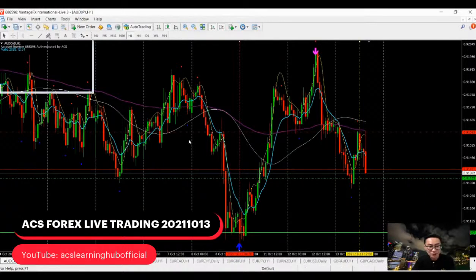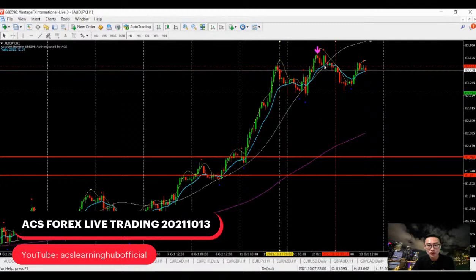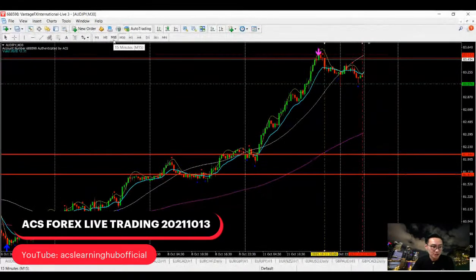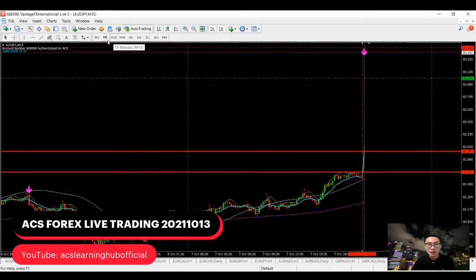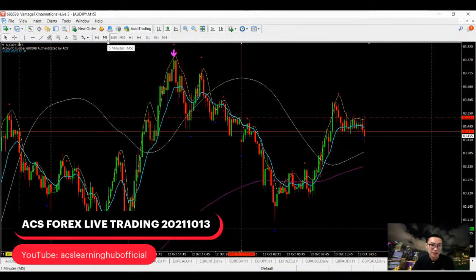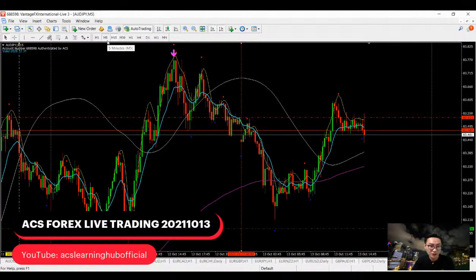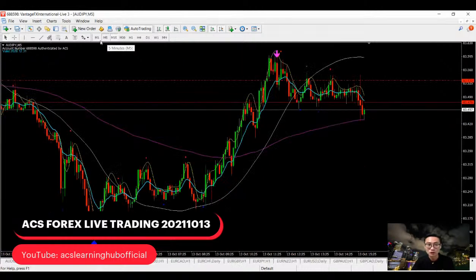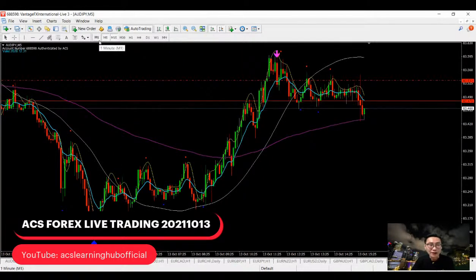So Aussie yen, let's take a look at Aussie yen. We are also on the resistance, the new resistance over here. It is testing and trying to break, and it's not breaking, it's not coming anywhere. So is there any chance to short the Aussie yen now? You may have a chance to short the Aussie yen. However, it's going to take you a very long while before it actually comes to your TP. Why? It's because of the trading hours. You are correct. Yeah, that's right.